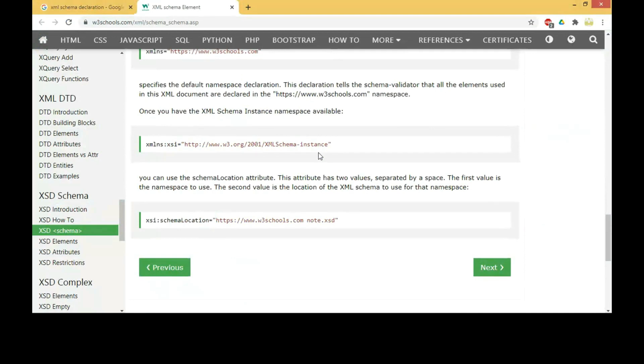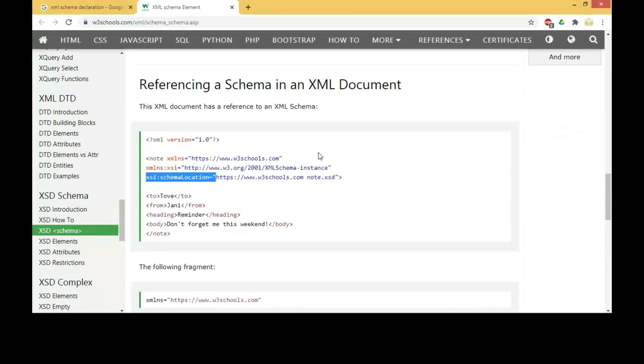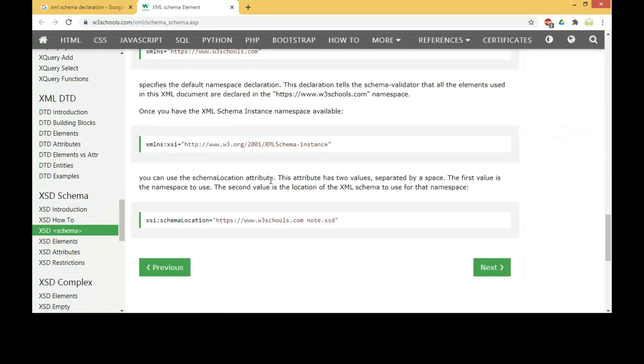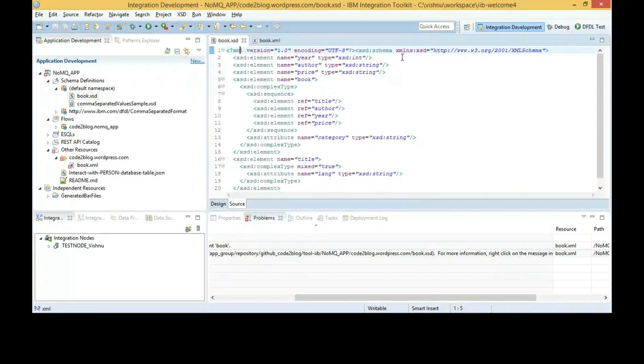We have not added the keyword target namespace. Let's do that for XSD file. And also fix the namespace in XML file.